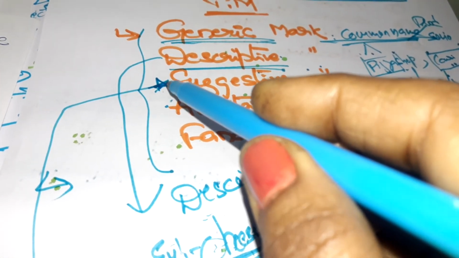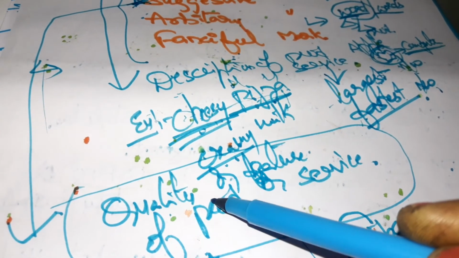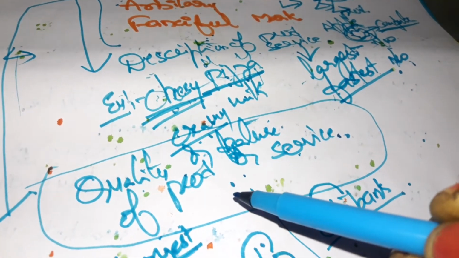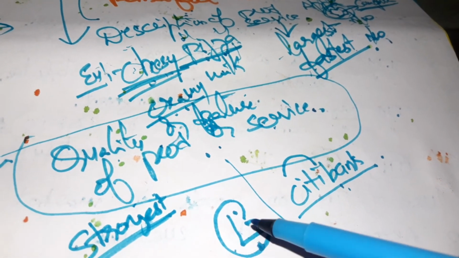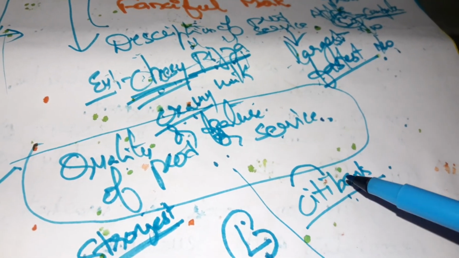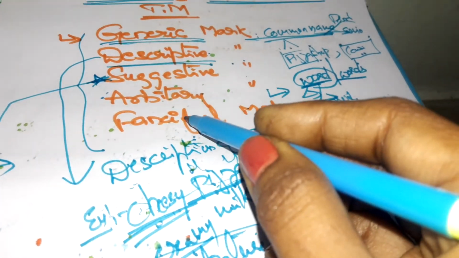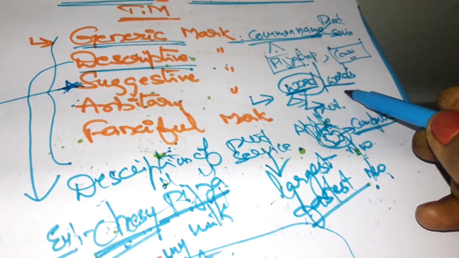This is also one of the strongest. Choosing this one should be very careful. Suggestive trademark represents quality or feature of the product or the service, which is nothing but by seeing this suggestive mark you can come to know what is the quality or what is the feature of the product or services. Next one, arbitrary mark. Arbitrary mark is nothing but it may be a word or words.